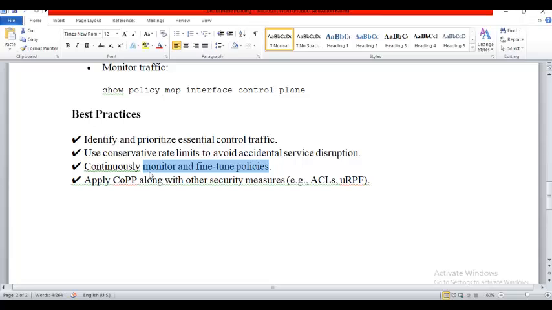Apply along with other security. So don't only rely on this control plane policing, also put ACLs, reverse path forwarding, unicast reverse path. That's one command. Do these things. Right.